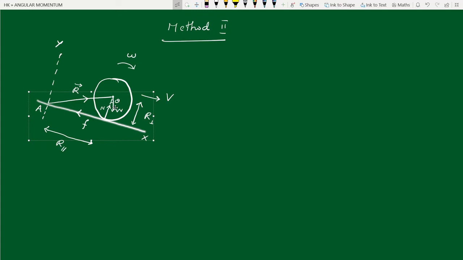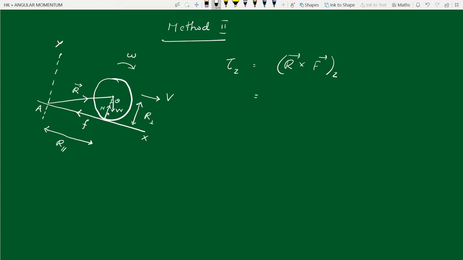So let us calculate that. First of all, the torque due to the normal reaction. This torque will be about the z-axis, around the z-axis, because the motion is in the xy plane. So the torque around the z-axis is the z component of r cross f, where r is the radius vector from the origin to the center of mass.